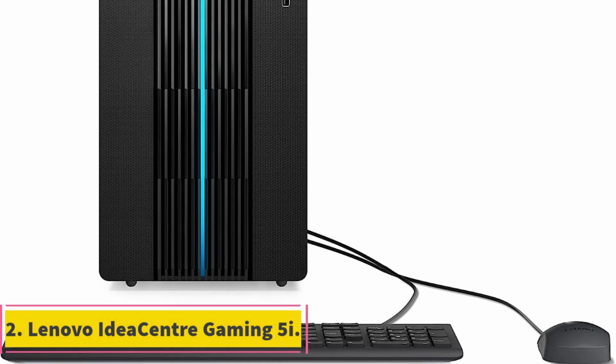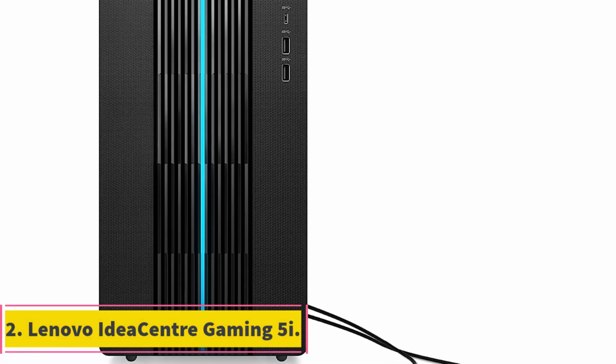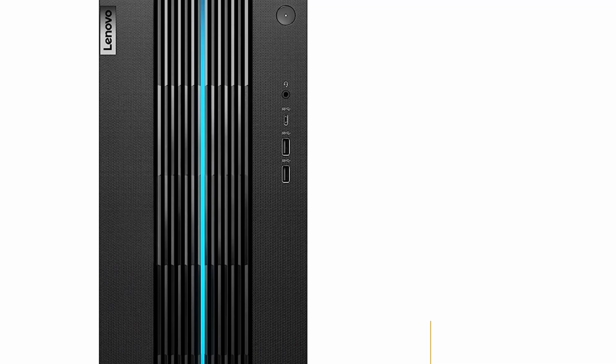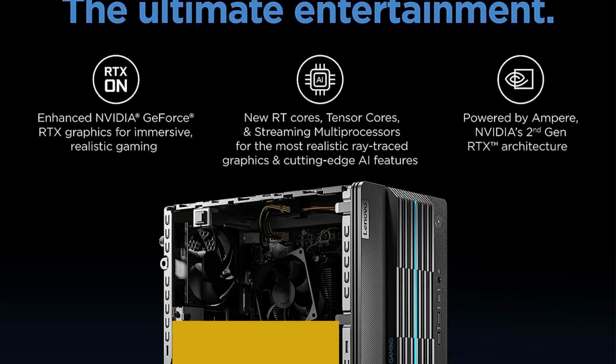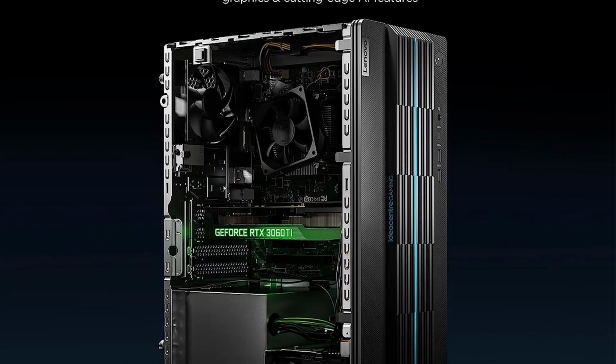Number 2. Lenovo IdeaCentre Gaming 5i. The Lenovo IdeaCentre Gaming 5i is a powerhouse designed for the next generation of gaming, equipped with 12th generation Intel Core processors that deliver superior gaming performance. The innovative architecture ensures that the right core is matched to the right workload, preventing background tasks from interrupting your